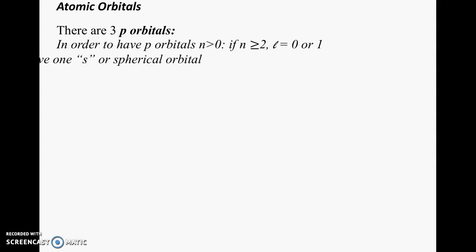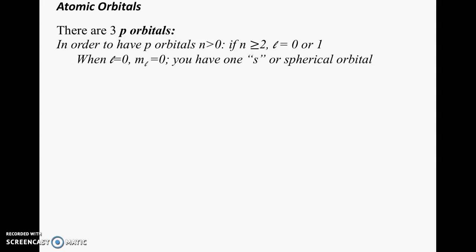So now we're going to look at the next kind of orbital, and these are the p orbitals. In order to have a p orbital, n still has to be greater than 1. So it could be 2, 3, 4, 5. And if n is at least 2 or bigger, then L can have two values. It can have a 0 and a 1. If it has a 0, it's a spherical orbital. If it's 1, then